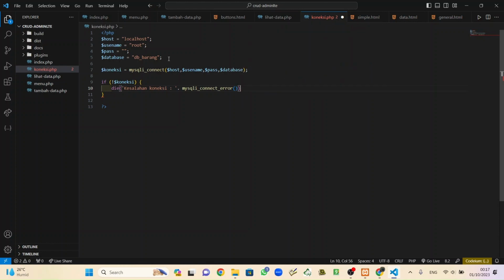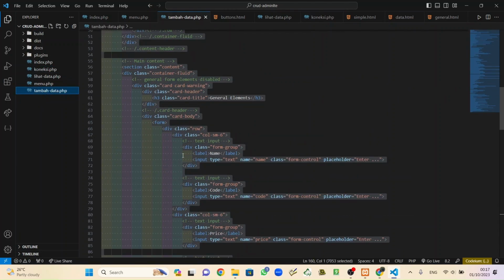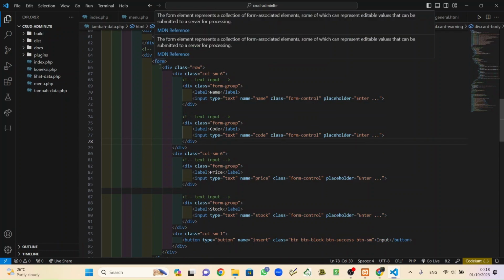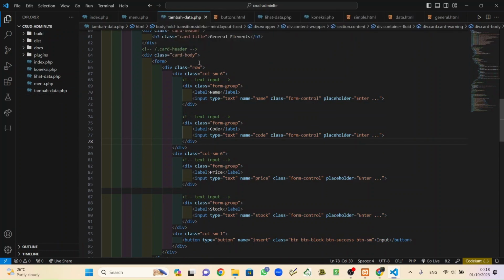Okay, that's enough. Put close here, semicolon, and then enough. Back to the tambah data form.